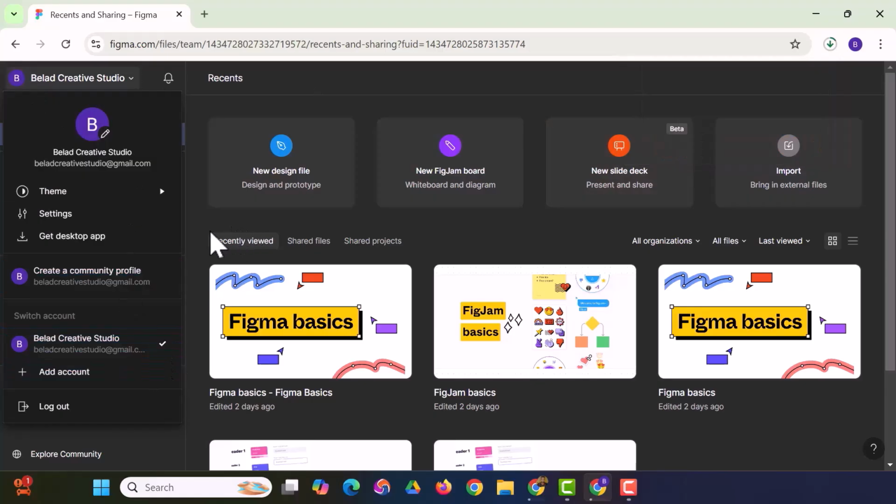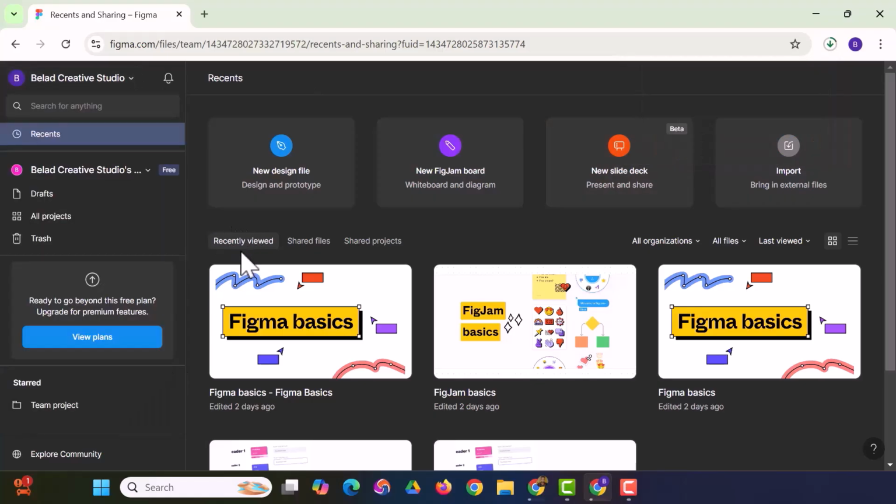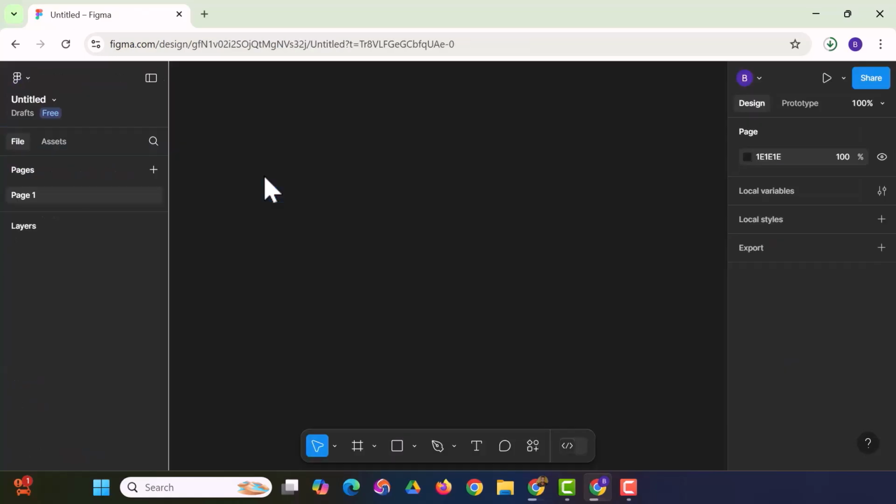But the major thing now is we can create a new design file. And how do we go about that? So I'm just going to start a new design. I'm going to click on this, or you can import an existing design from external files. So we can just click on new design file. It brings us to the Figma canvas where you get to do all your designs and all that. We're going to talk about this clearly